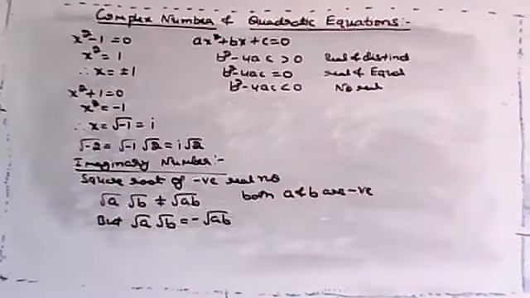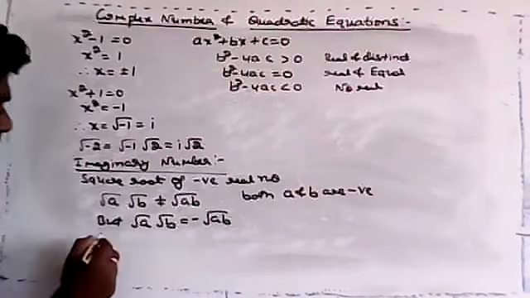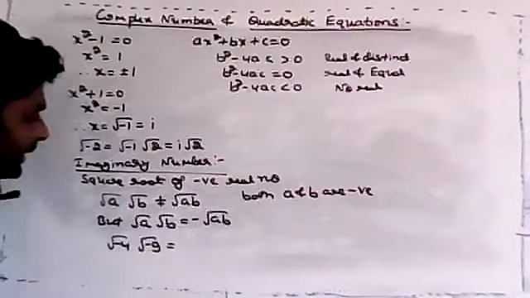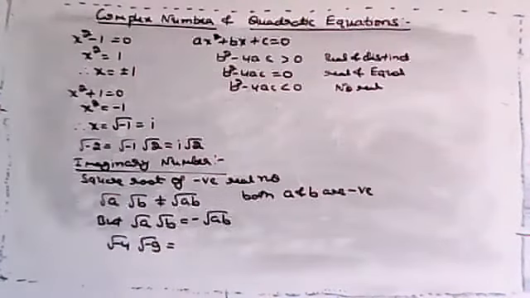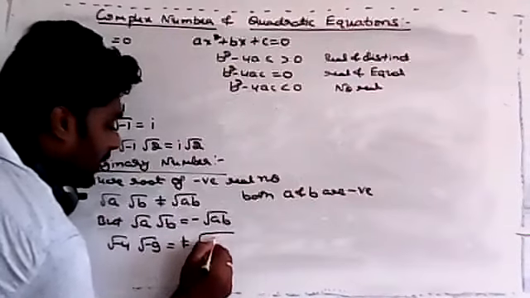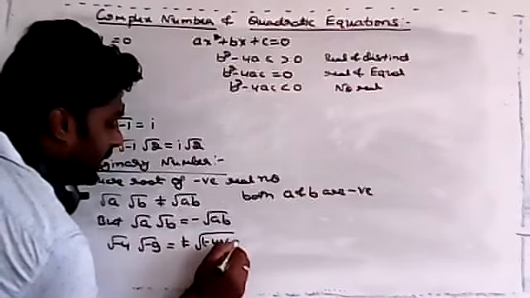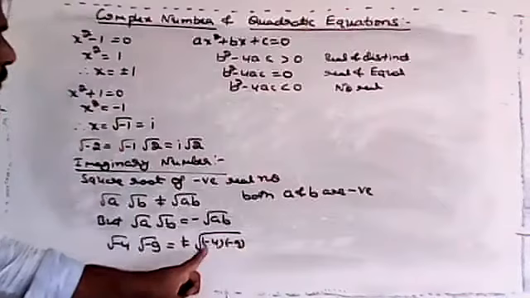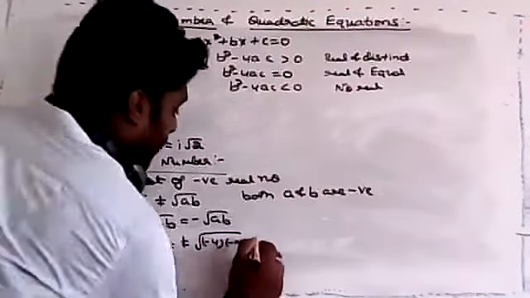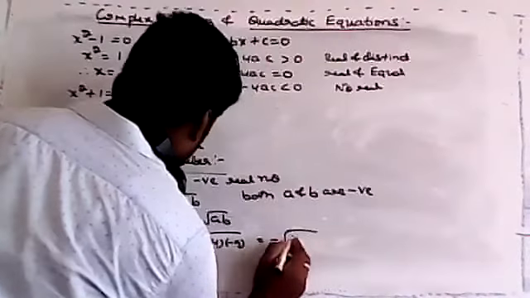I'll take one example on this one. It is clear for you. So root of minus 4 and root of minus 9 I'm taking. You can't write this as root of minus 4 into minus 9. Remember, it is not equal to root of minus 4 into root of minus 9. We have to write that one as, good Anirudh, minus root of what?